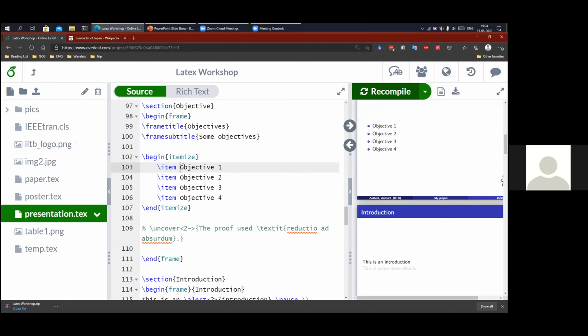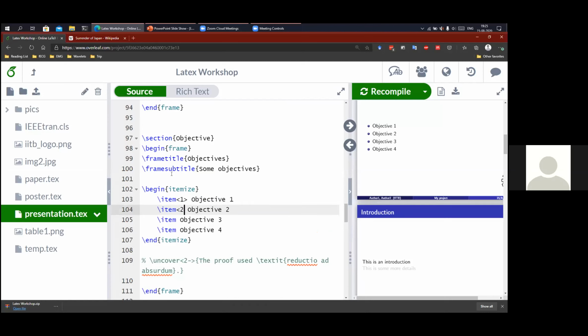Now, if you want this to appear point by point, what you could do is within angular brackets, put in 1. What this means is the text Objective 1 will appear in the first slide within this frame. And for each point, I put in, say, this is 3 and this is 4. So I want this point to appear in the first slide, this point in the second slide, this point in the third slide, and the last one in the fourth slide. So now if I recompile,